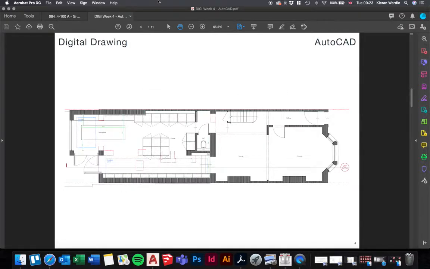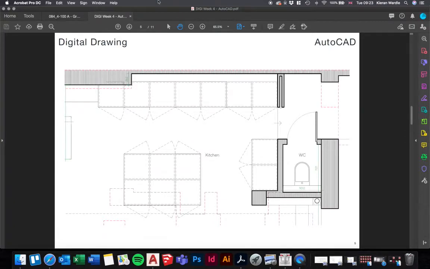And then if we look at this plan as well, this is potentially a more complex plan, but again, line weights are incredibly important to be able to help other people to understand what information we're trying to communicate in the plan. If we zoom in, this is the same plan, just zoomed in. You'll see how wall thicknesses are defined by a thicker line, and then we have a couple of other lines that are being used. One is a thin, solid line for things such as furniture in the toilets, and then